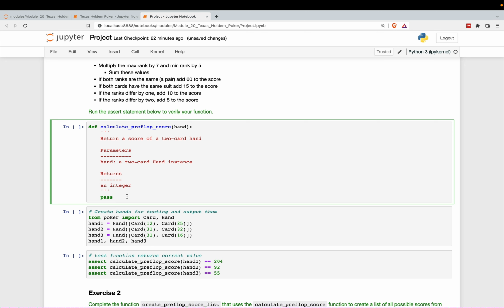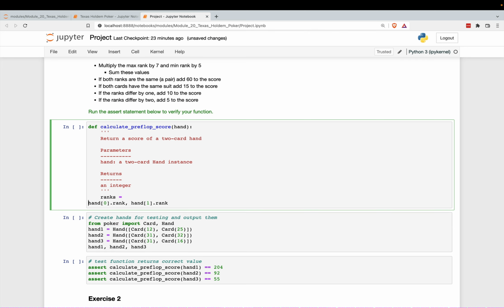So the first thing that we're going to do is just extract the ranks from each card in the hand. So what we're going to do is we're going to get the ranks. So we have hand. So remember, we can use the square brackets. We made our object so that we can use the square brackets. That gets the first card, dot rank, and then hand 1. That's the second card, dot rank. And so that will be a tuple. And then we can actually sort this, just use the same variable,